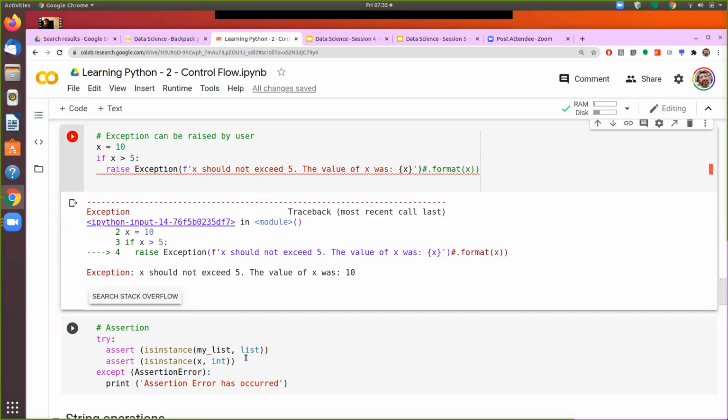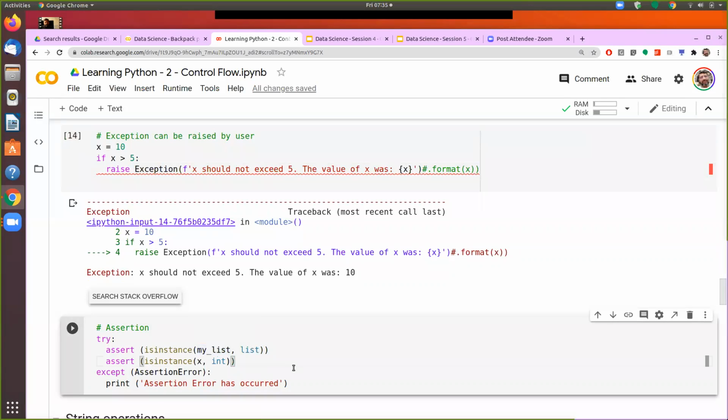I would like to ensure that the variable my list is always a list, or that the variable x is an integer and not a float. So these are the things we would like to ascertain upfront before even I run the program. So that is achieved by what we call assert.